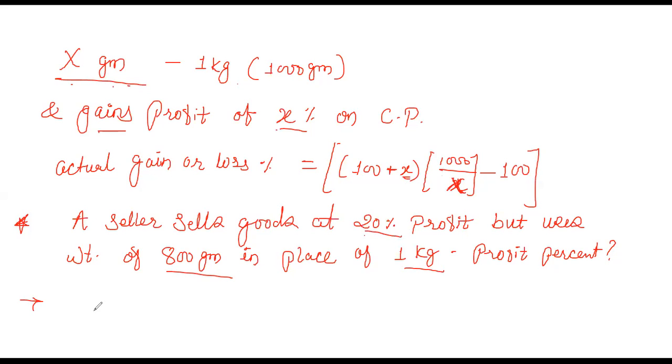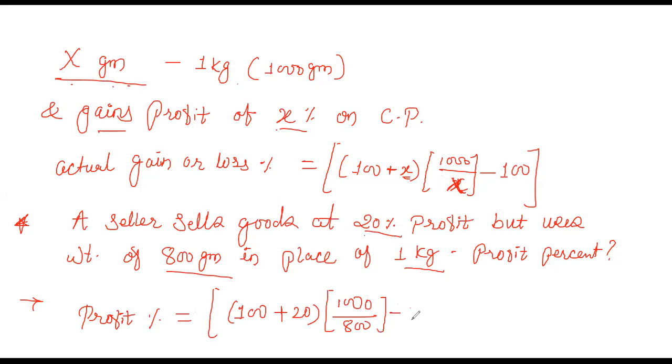So put that in the given formula. Profit percent is equal to 100 plus X, where X is 20, into 1000 divided by